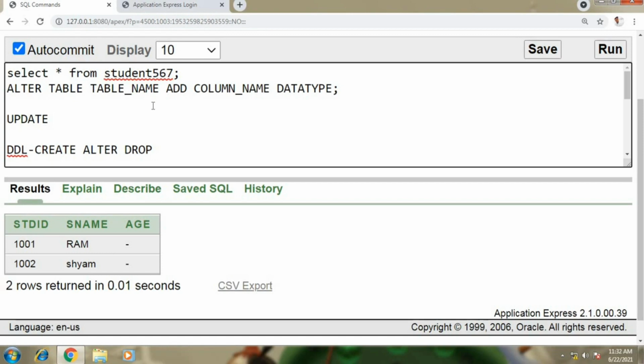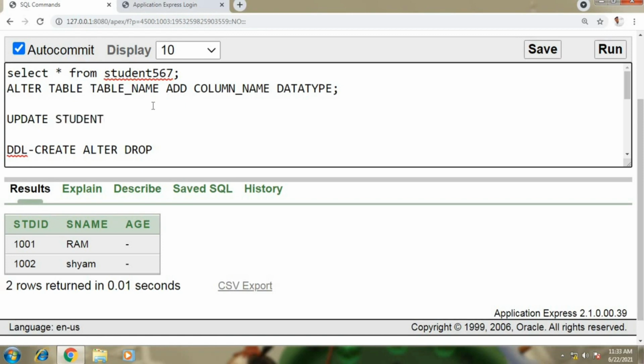I don't want to repeat it again, it will take a lot of time. So just use the update command in order to update the data. Update table name, set values from the table. That is what you need to use. For example, I can take the table name, which is...